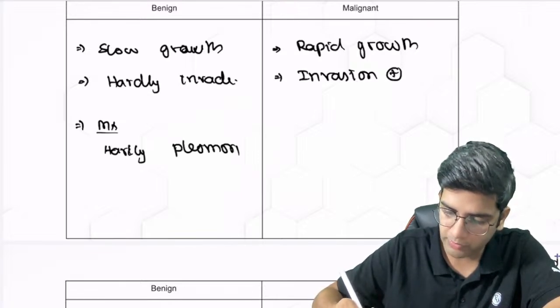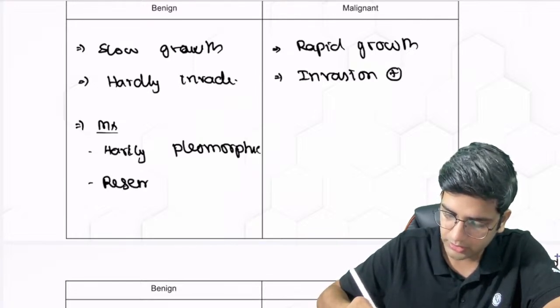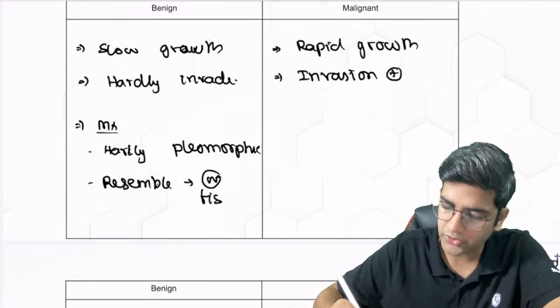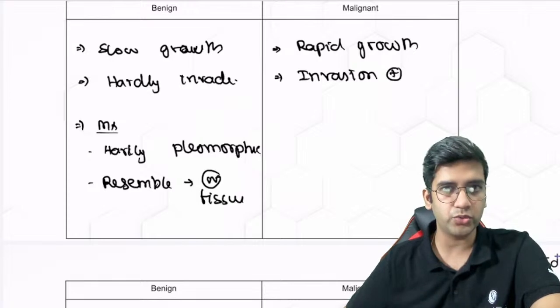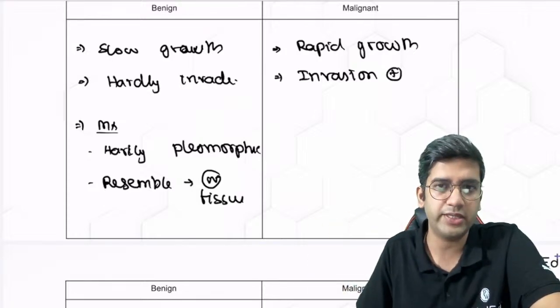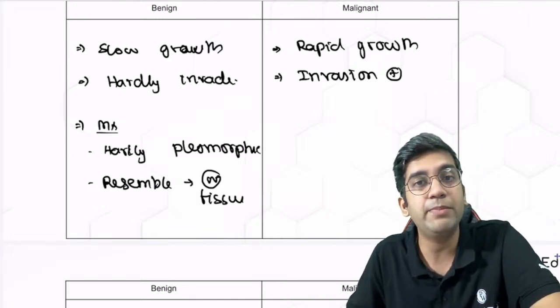They'll be more or less normal-looking cells and they will resemble the normal tissue. It's a benign thing, right? So if you have a lipoma, it's a benign tissue, a benign tumor. I'll just have tissues which will resemble the normal parenchyma. That's all, right? On the other hand, differentiation is one of the important things which might be lost in case